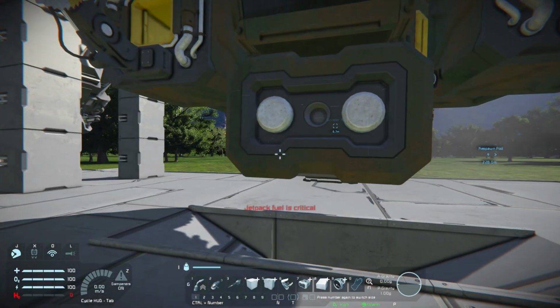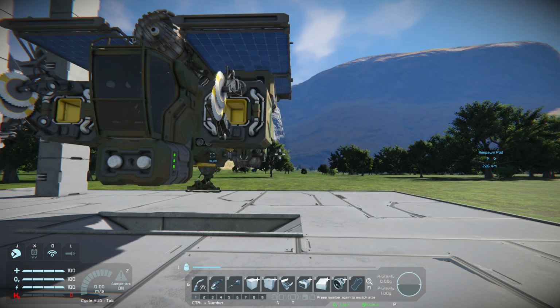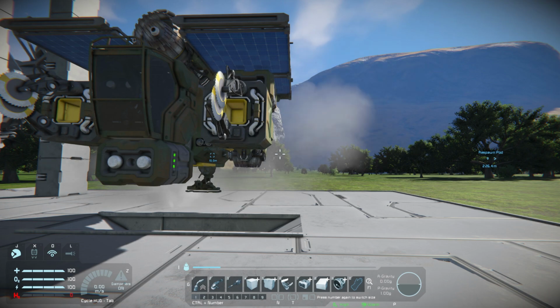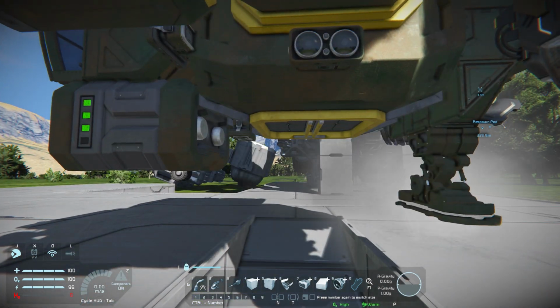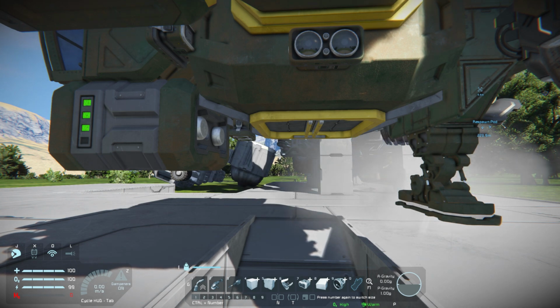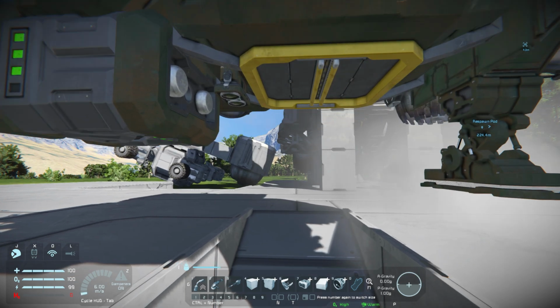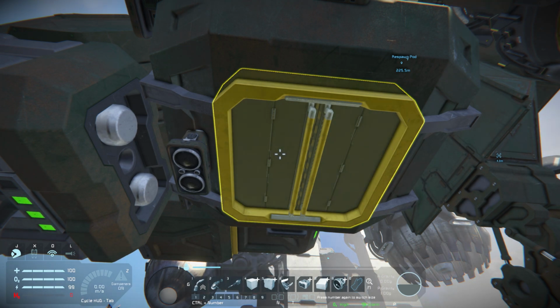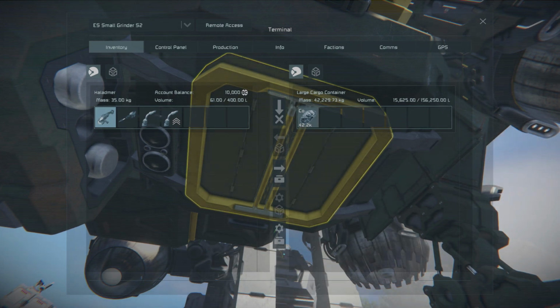Now, what the comments have been is that when you have a multiplier turned on, the total mass of the cargo container and the contents in the container are divided by that. So you keep the same thrust to lift ratio on the vehicle. Now, my understanding is the exact opposite of this. When you have a multiplier turned on, it increases the cargo capacity, which means that the mass will increase in line with the multiplier. So if we then say, because we know that roughly it's 42.2K,